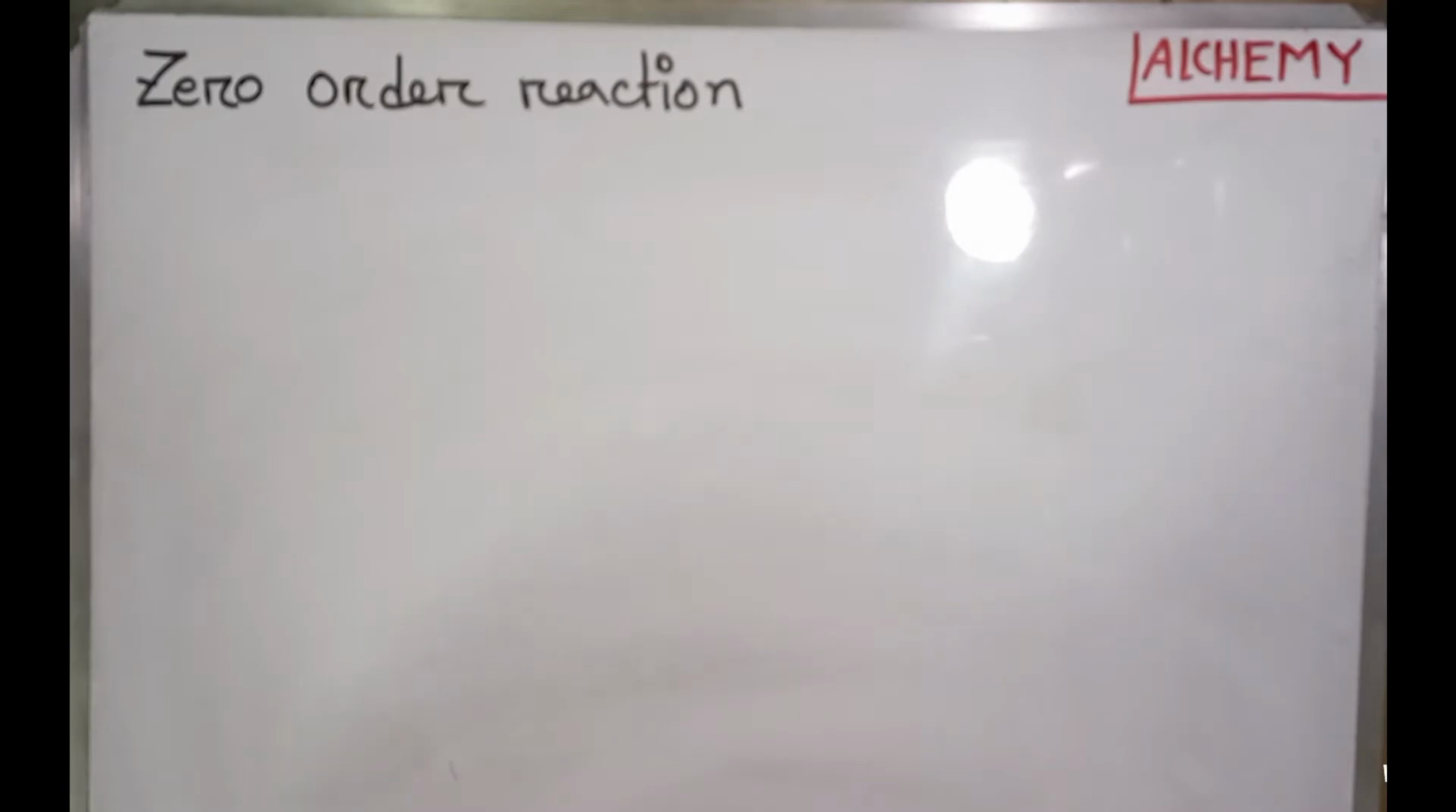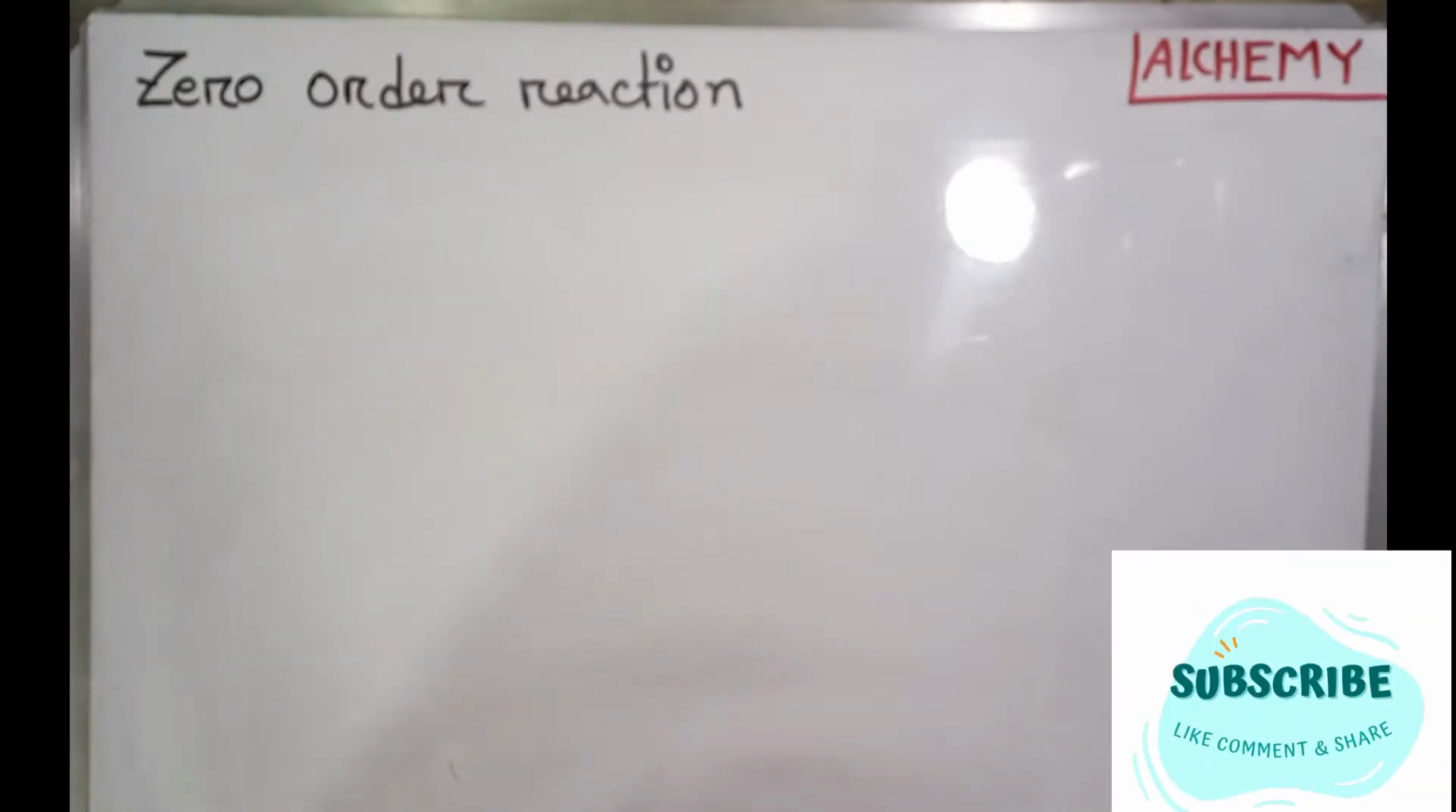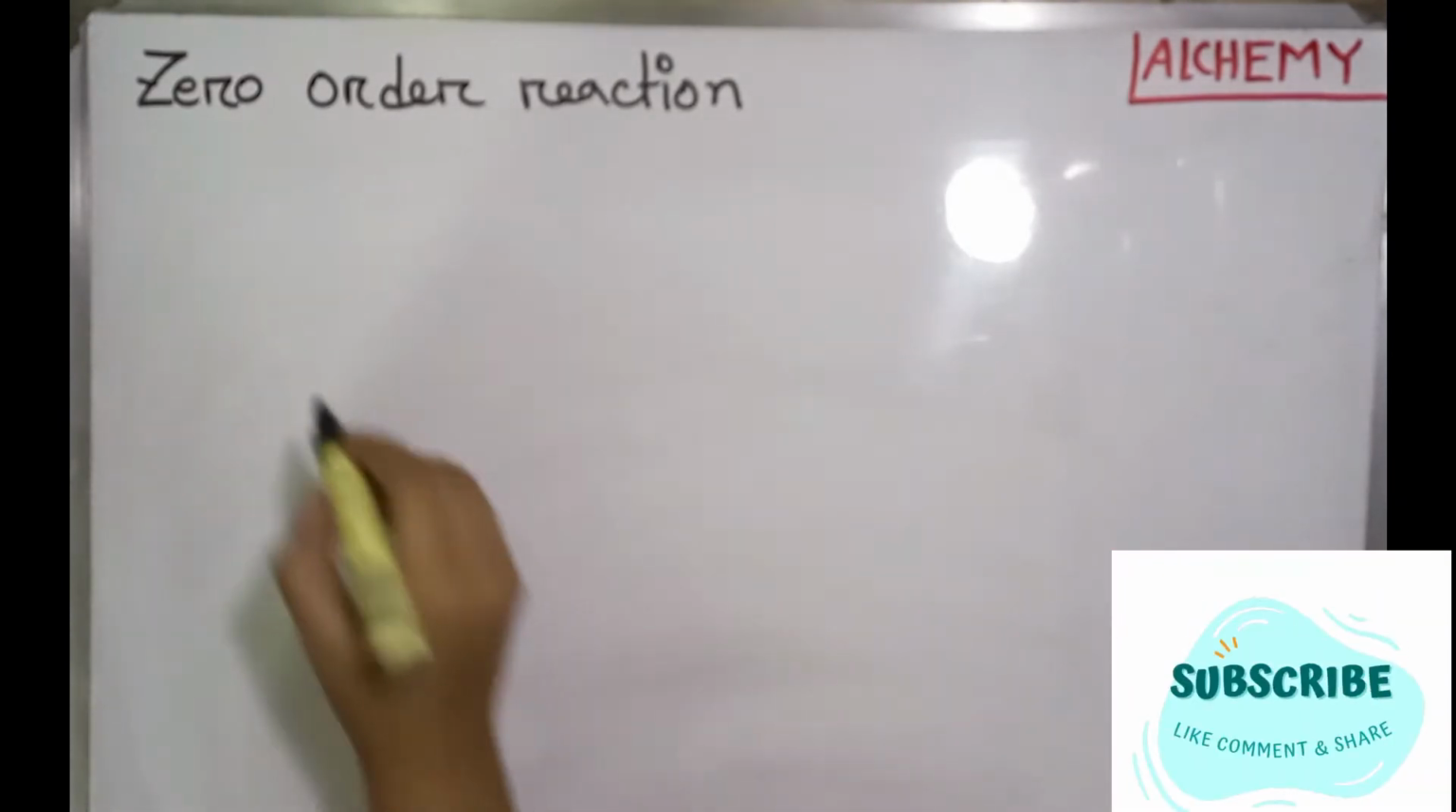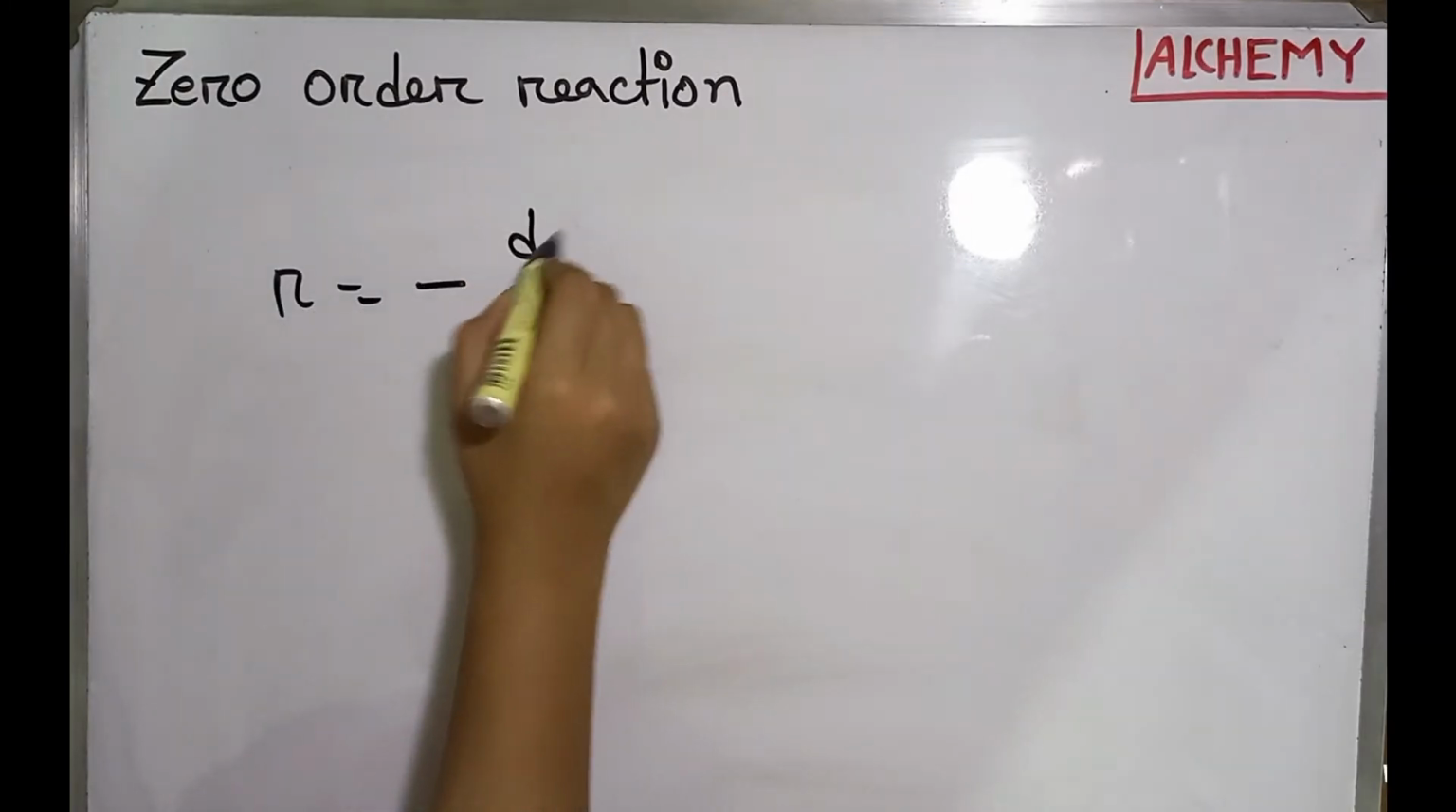We'll learn in this video order of reaction. Order of reaction is defined as the number of concentration terms on which the rate of a reaction depends, when determined experimentally. From this, we will learn today zero order reaction. Zero order means the rate does not depend on the concentration terms of the reactants. If the rate is R, meaning minus dc by dt,